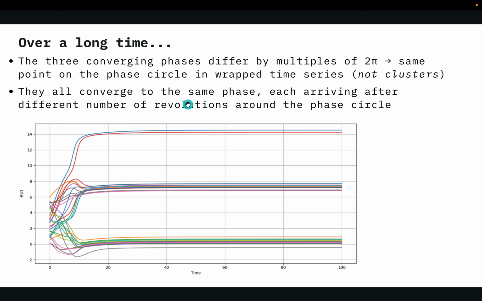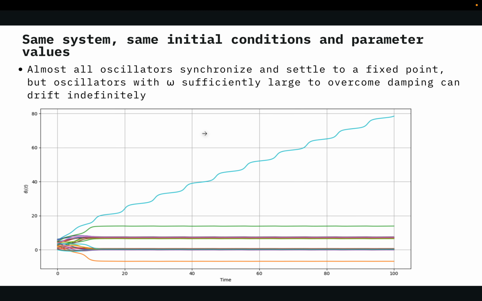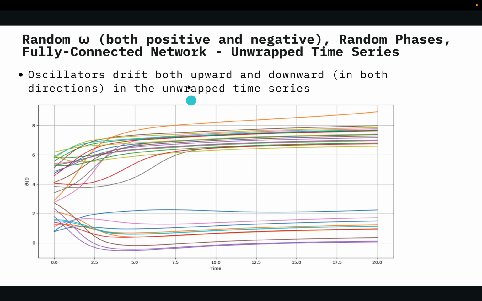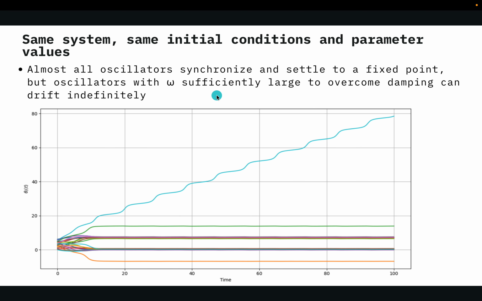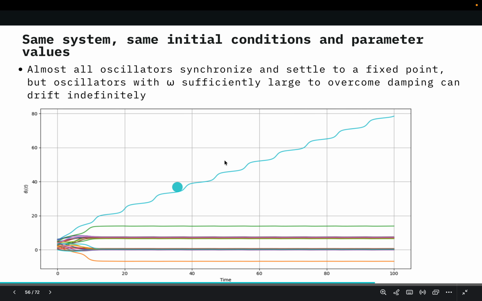Of course, not exactly the same phase, but nearly the same phase, each arriving after a different number of revolutions around the phase circle. So they're not true clusters. And this is for the same system, the same initial conditions and parameter values, but there is some amount of stochasticity,